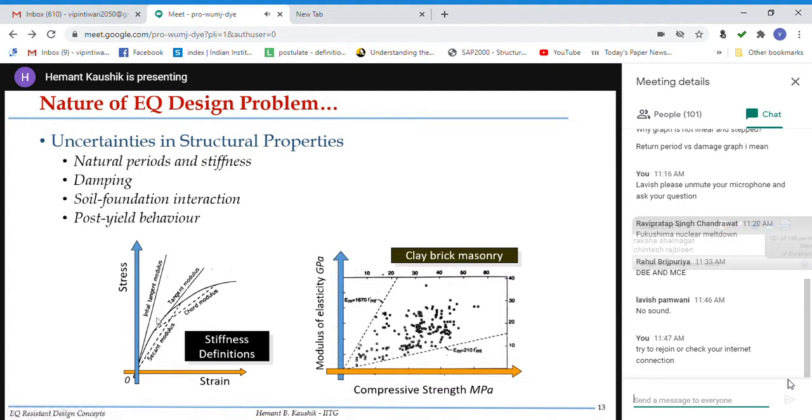One method is the initial tangent modulus. Another method is calculating the tangent modulus at another point. The third method is calculating the slope of the secant line, the chord modulus. There are various methods, right? Since there is no standardization, people will report different types of stiffness without worrying that my colleague in some other country may be reporting the chord modulus, but I am reporting the tangent modulus, right? That is why, if you look at IS 456, the Indian code, it simply says